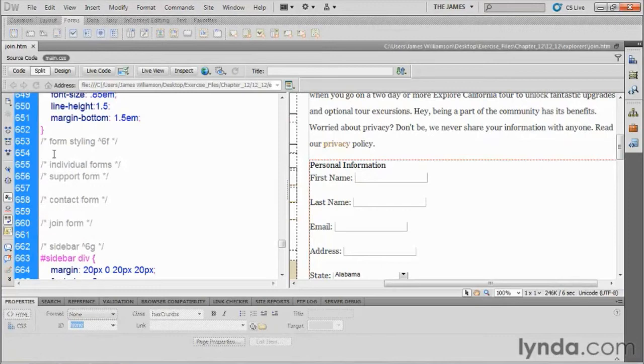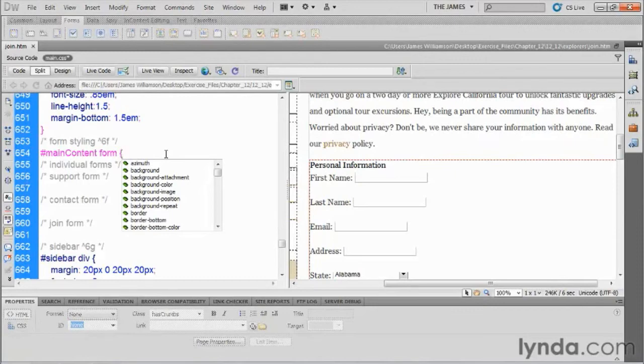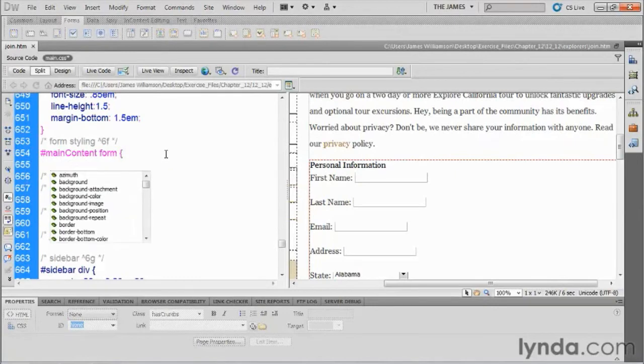Okay, well, let's start with our overall form styling. I'm just going to type in the selector on line 654. I'm going to type in pound main content, that's all one word, lowercase m, uppercase C, space form. So we're targeting any form element inside of the main content region. Open a curly brace. You will find those just to the right of the P key. You have to hold the shift key down to get them, and then hit return to go down to the